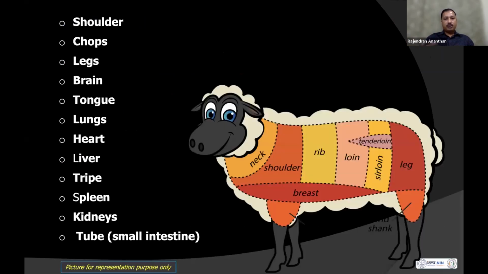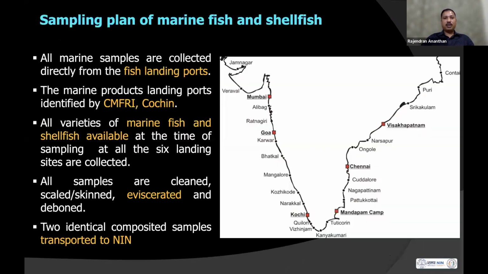And different cuts like chops, legs, and internal parts also: the brain, tongue, lung, heart, liver, tripe, spleen, kidney, and tubes. All these different parts we have collected for individual analysis. Coming to the marine fish and shellfish, actually we have identified